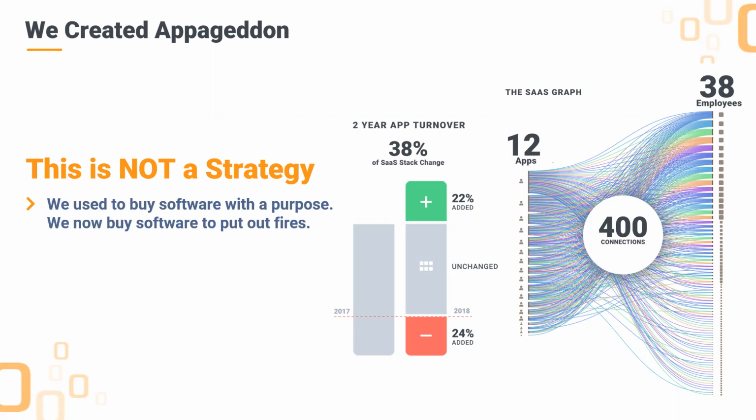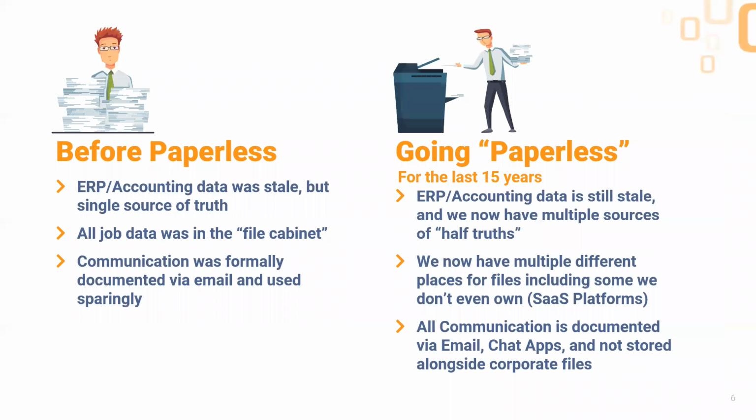So you can see we've got 12 apps, 38 employees. It creates hundreds of connections that will break. We're paying a lot of different bills. We've got multiple support departments. It's just a challenge, right? So before we went paperless though,